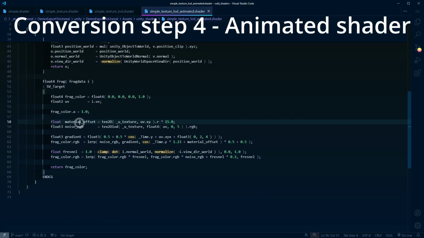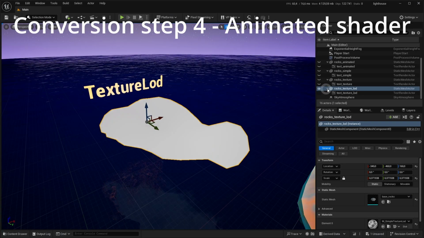The only difference is that we use a texture sample, a grayscale texture sample, only the red channel, and multiply it to get a material offset to use here in the gradient, and still have the Fresnel effect as well. So I use MIP level 5 hard-coded right here,